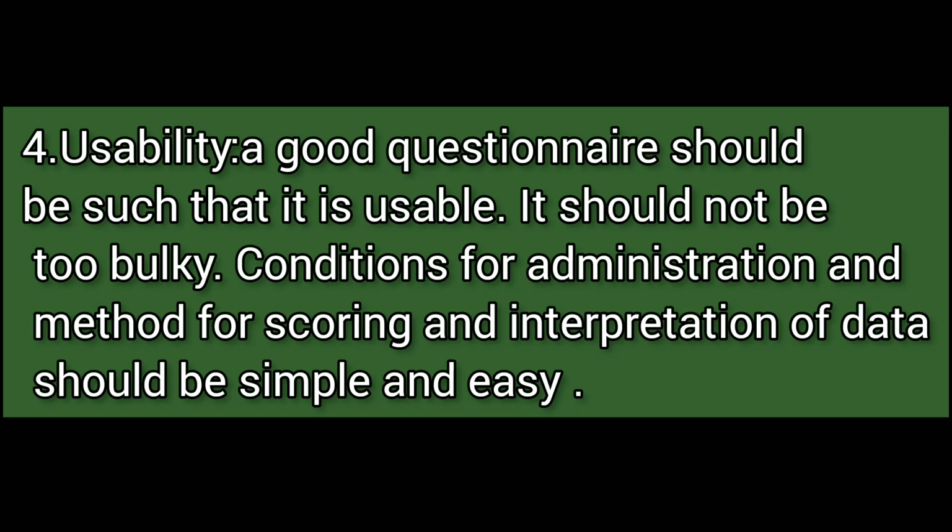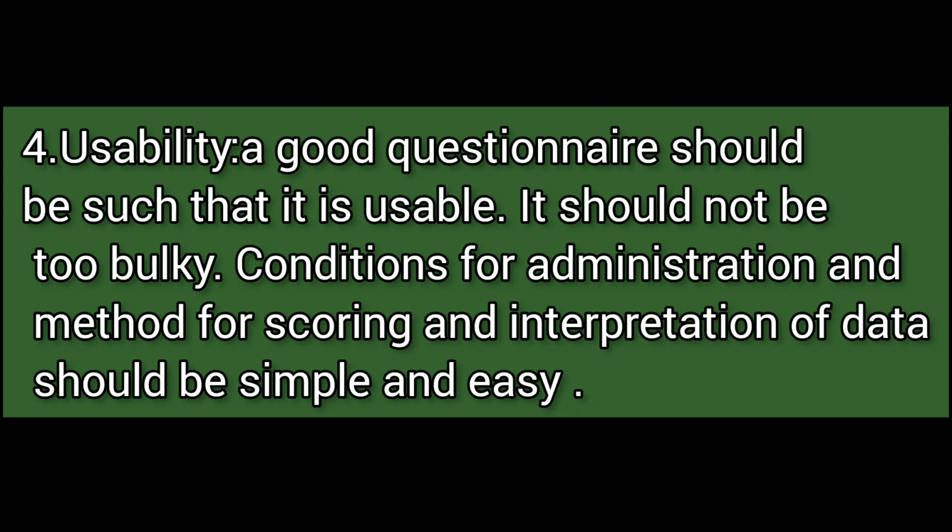4. Usability. A good questionnaire should be such that it is usable. It should not be too bulky.